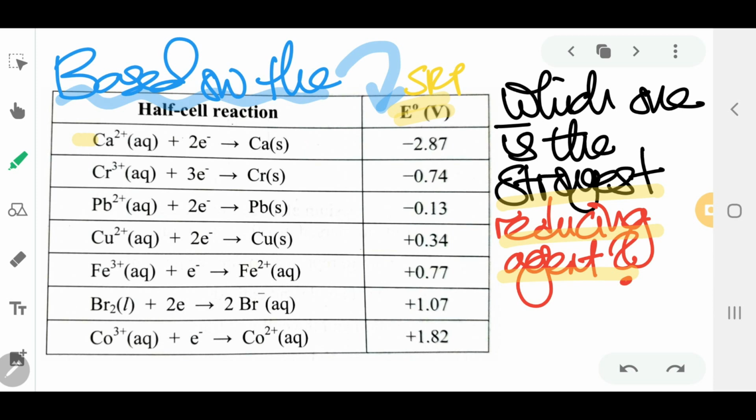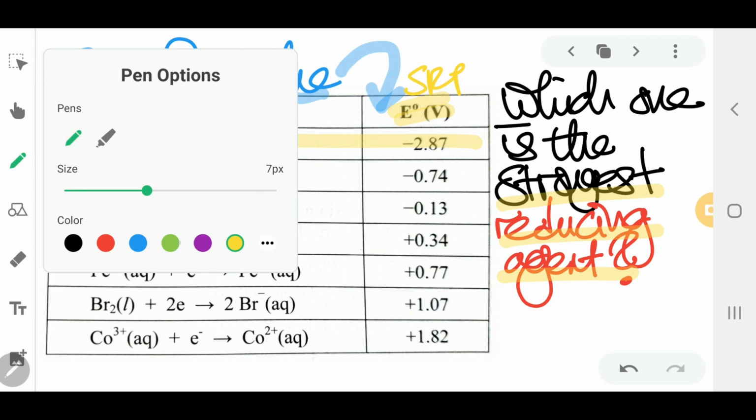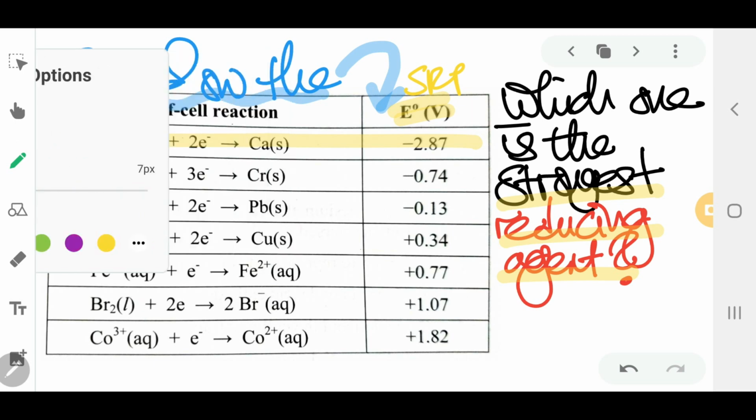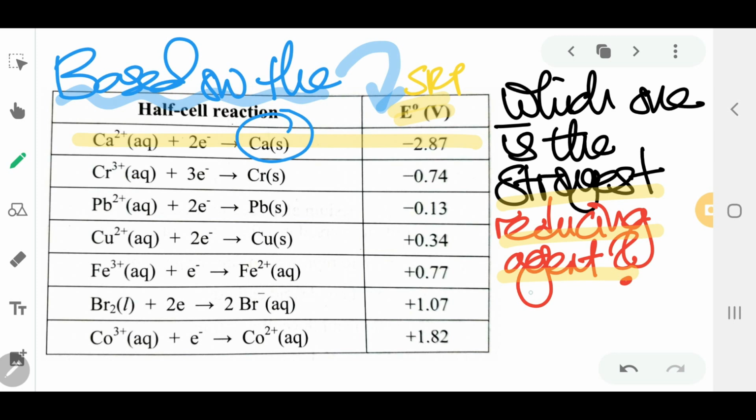So the reducing agent that we are looking for is that. The answer will be Ca solid. Why? Because it has the most negative